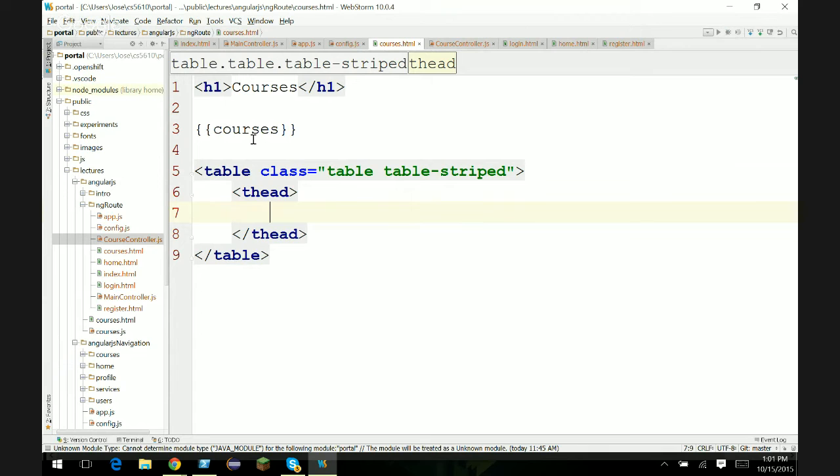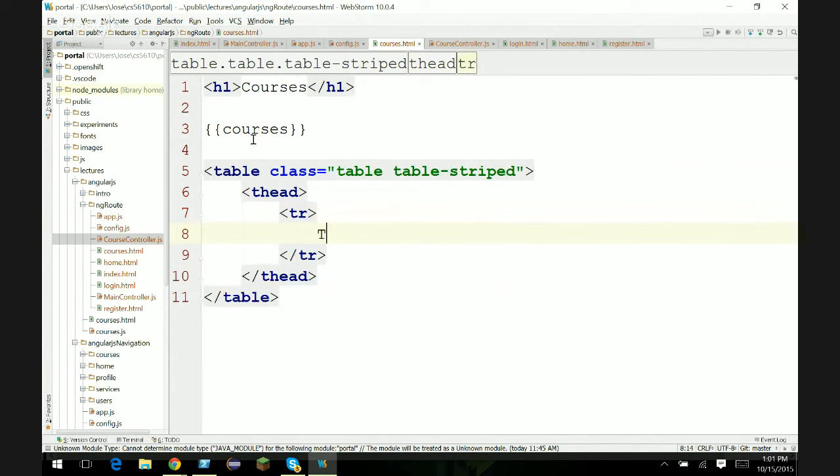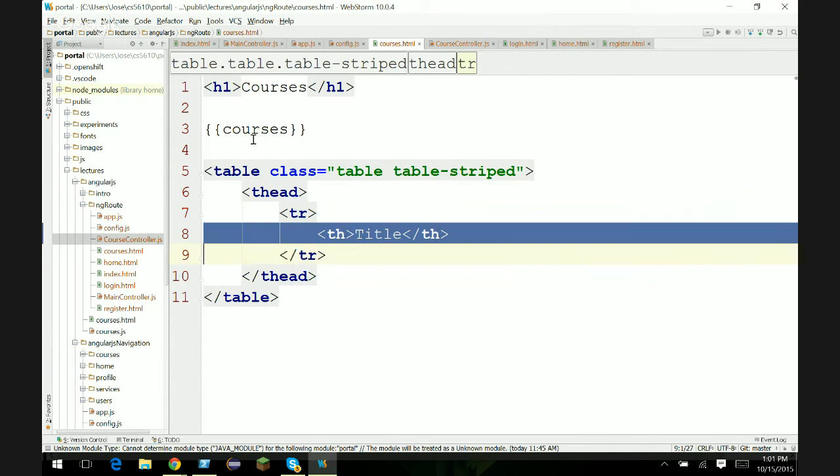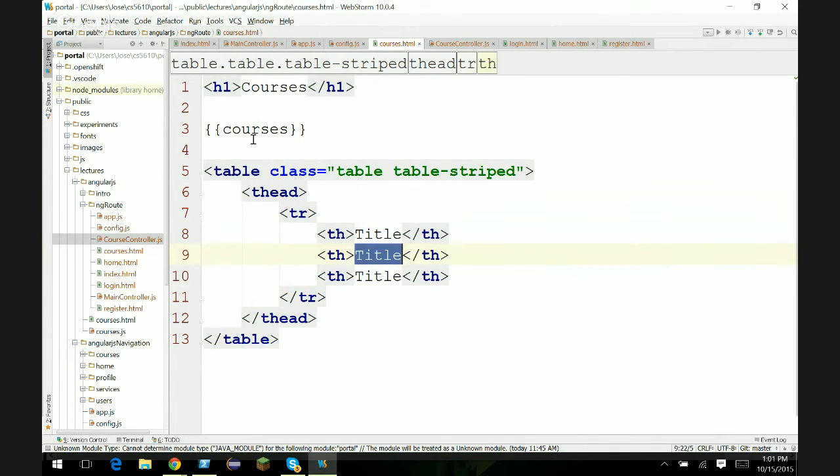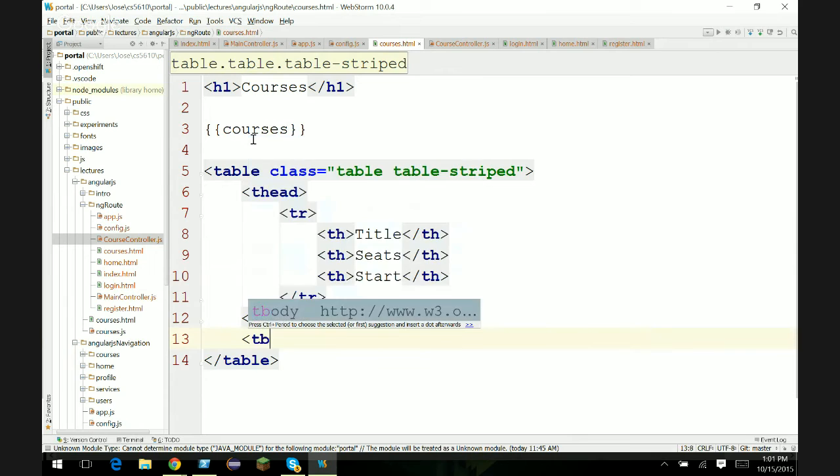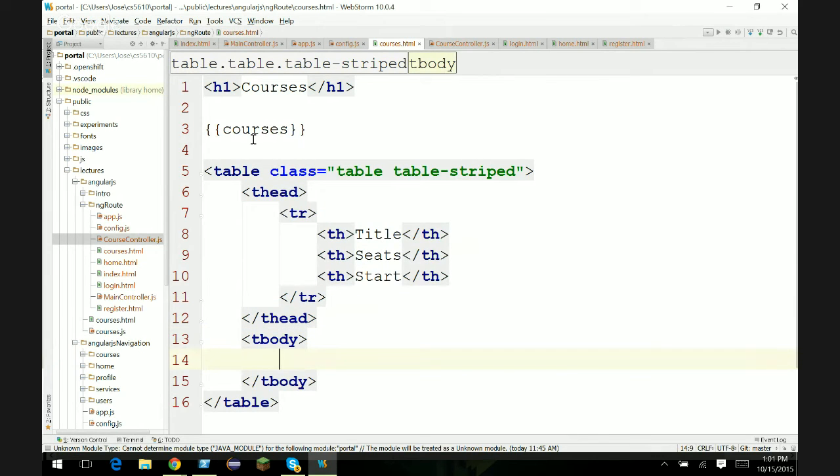Maybe have a t row with a t head, saying that this is a title, the seats, and this is the start. And then underneath, we can have a T body with a table row